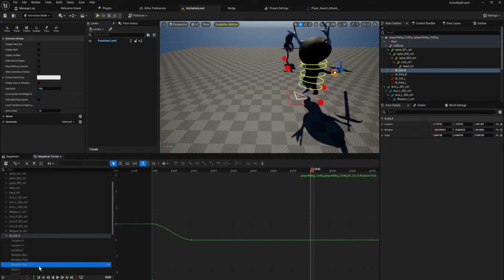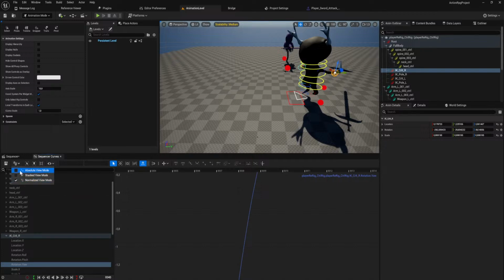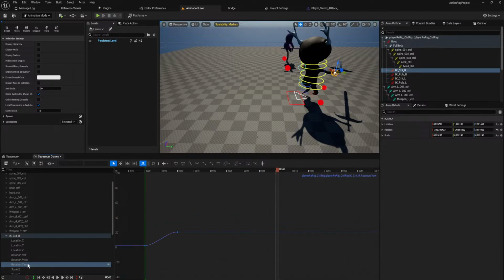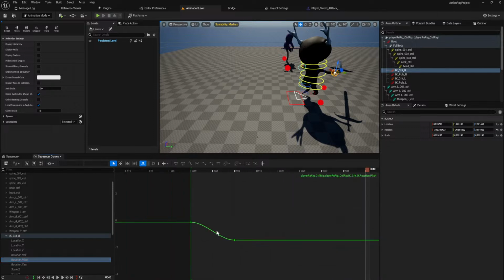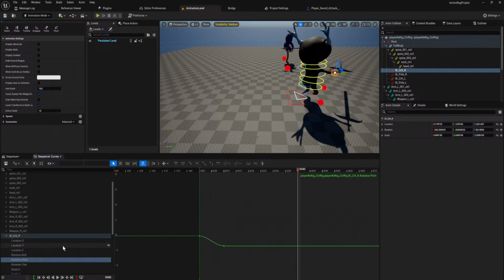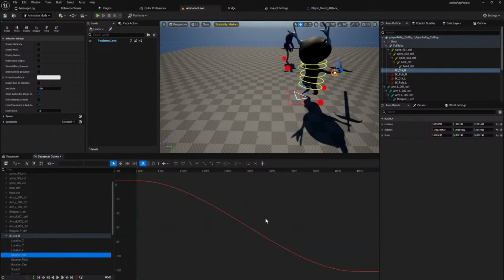So yeah, it's something to do with the rotation on one of these, I think. Why does it keep doing this weird... Okay, we do absolute view. The normalization is doing weird stuff. So yeah, okay, this has no rotation at all. Why does it keep resetting me back to frame 0 every time I pick a new... Like, that's actually the worst. None of this is rotating though, so that's not actually what I'm looking at.